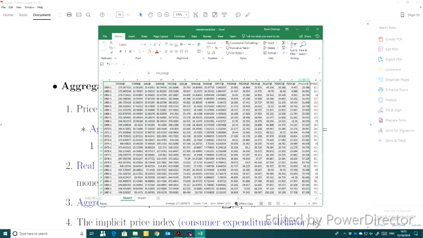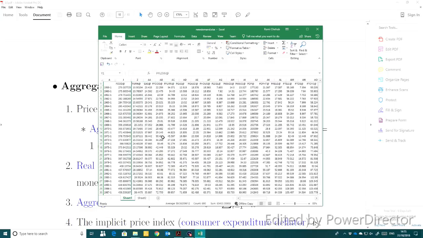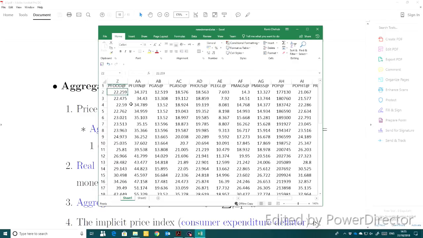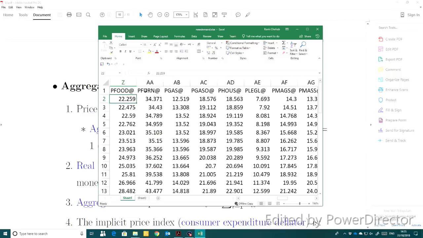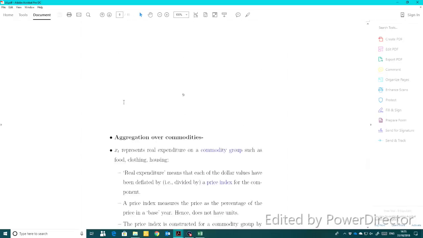Yeah, we're going to hide everything over here just to show you. As you can see, P food and everything that has P in it, because P stands for price index of this commodity. For example, FURN here stands for the following, right? If you look at the data set,